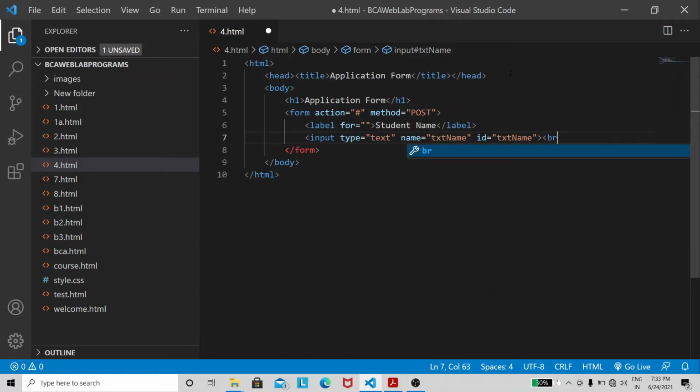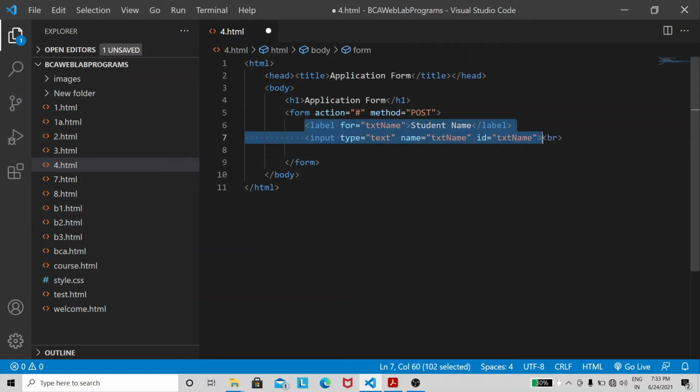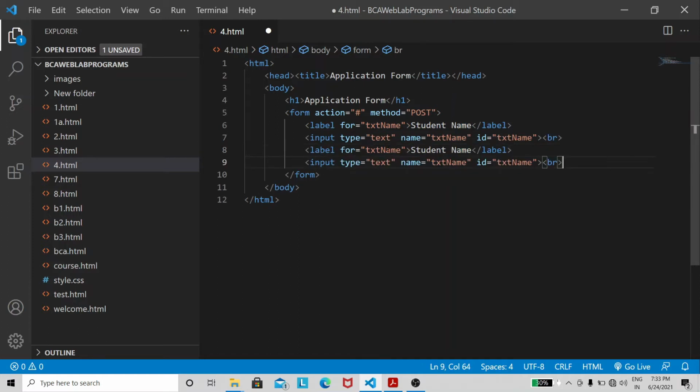I'm going to have a line break. I'm going to copy the same thing and put it in the for. I'm going to copy these two lines. Next, we need to input the father name. So I'm going to name the control as txtfname.